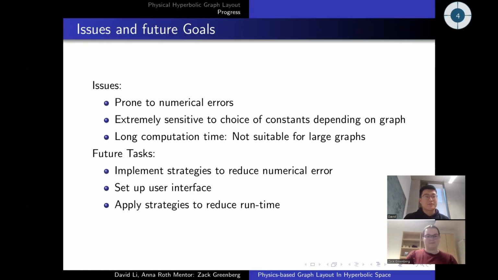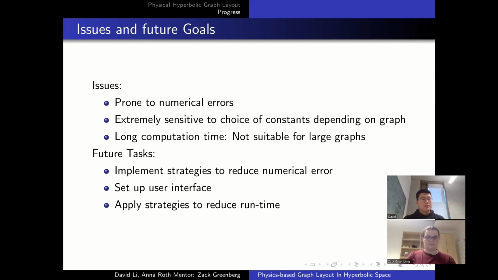Yeah, so we've come a long way, but there are still some issues. For example, the algorithm is prone to numerical errors sometimes. Sometimes you just see that a point escapes the Poincare disk somehow by the margin. And the second point is it's sensitive to the choice of constants. So, for example, the choice of gravitational constant or the spring constant, depending on the graph. And we also have a long computation time, and this is an issue we have to fix